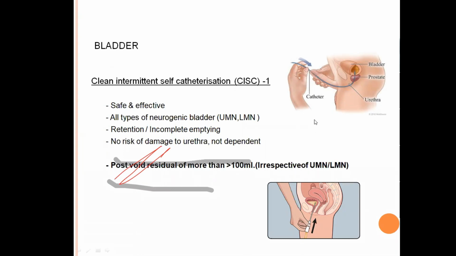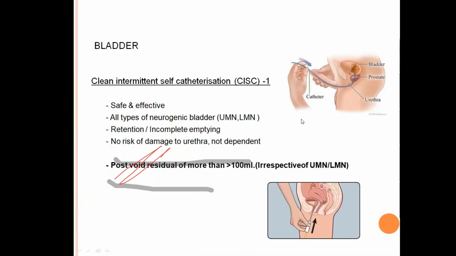Now, whether it is a UMN bladder or LMN bladder, whenever there is more than 100 ml residual urine, pharmacological treatment is not going to be sufficient. The patient may be very happy with pharmacological treatment, is able to pass urine, but look for residual urine. If the post-void residual urine is more than 100 ml, irrespective of UMN and LMN, clean intermittent self-catheterization is the